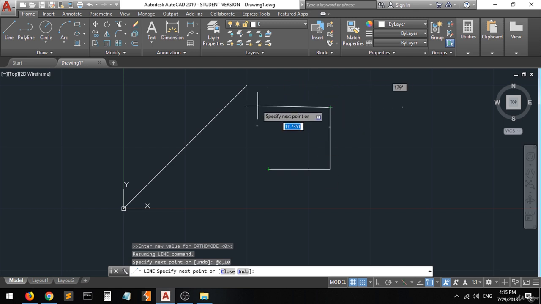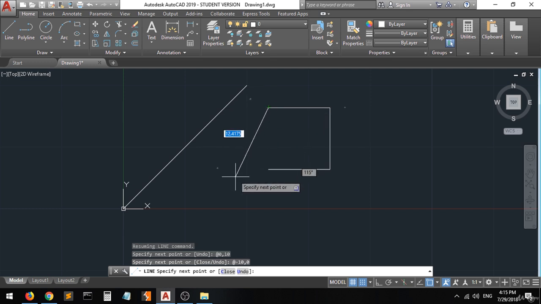Minus 10 on the x-axis and 0 on the y-axis. Let's do it again, together. Type the at sign. We want it what? Minus 10 on the x-axis slash 0 on the y-axis. Enter. And now we have created this horizontal line moving from here to the left with a 10 unit